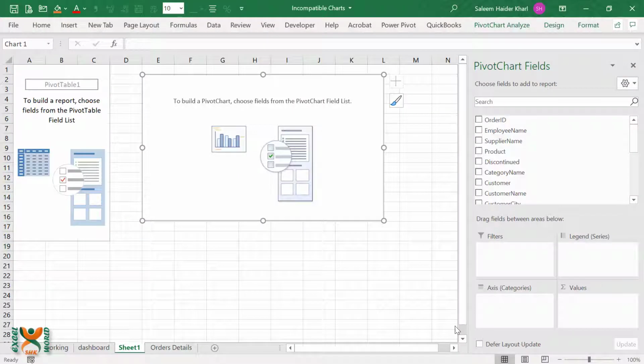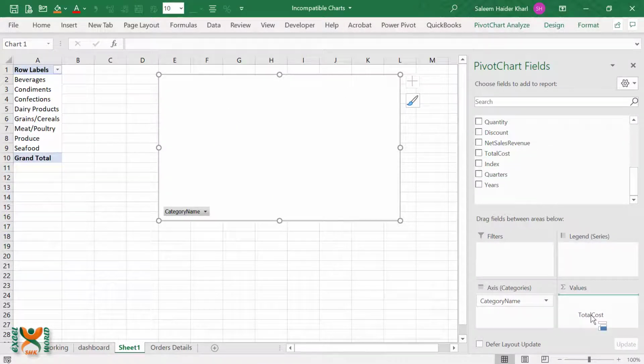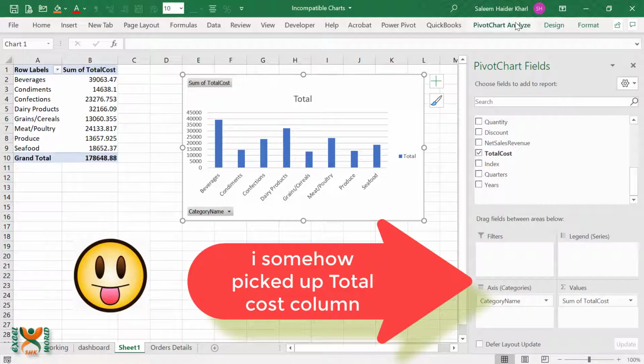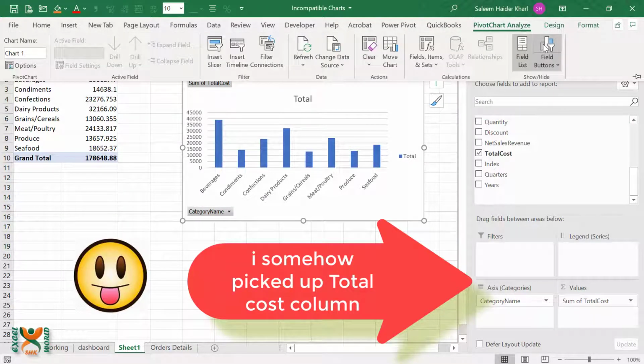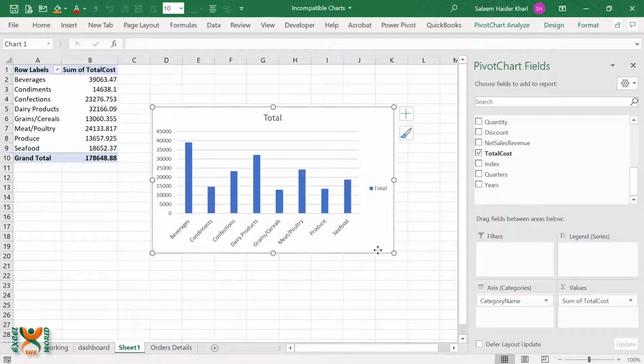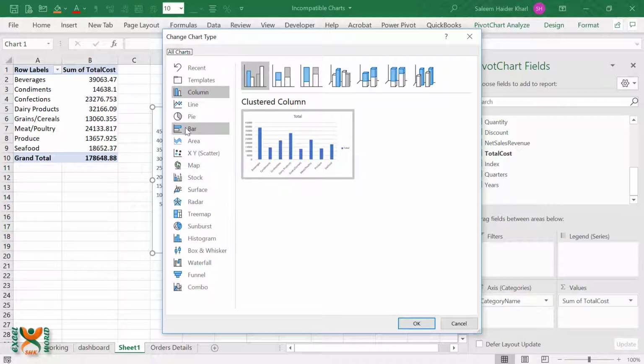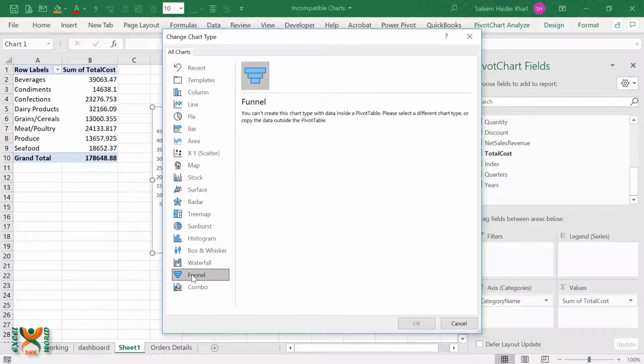So for our first chart, we need to have categories in the rows area and net sales revenue in the values area. Again, we will go to the chart tools, remove the field buttons, and now we need to change the chart type to funnel chart. Select the chart, go to design, click change chart type and click the funnel chart. But as we have already seen that this is not compatible with pivot table,